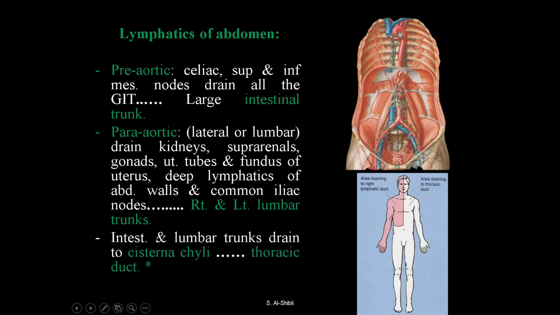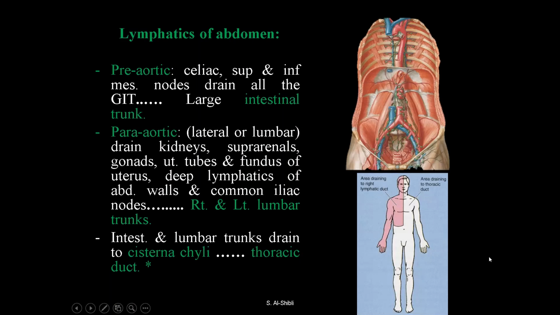These two, the intestinal and lumbar, drain to the cisterna chyli. Cisterna chyli is a sac-like structure just below the diaphragm and commences as the thoracic duct in the chest. And the thoracic duct, this is the green one. If you follow the arrow, it will drain eventually mainly to the brachiocephalic or cephalic vein and return